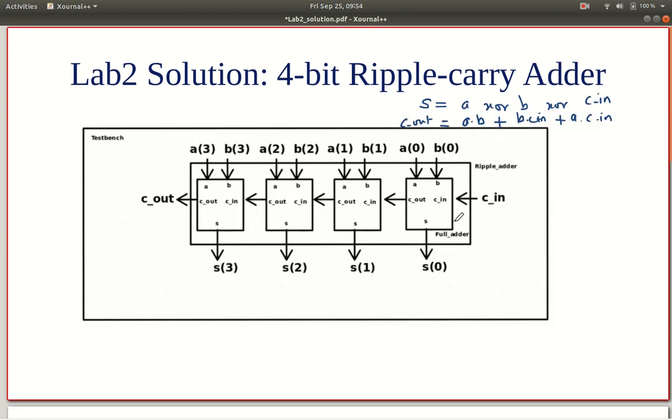Now notice that there are these signals, so let us use signals for connecting them. Let's call them carry 0, carry 1 and so on, and carry 3, which is finally connected to the output port carry out. So the signal connects the output carry of one stage to the input carry of the next stage.